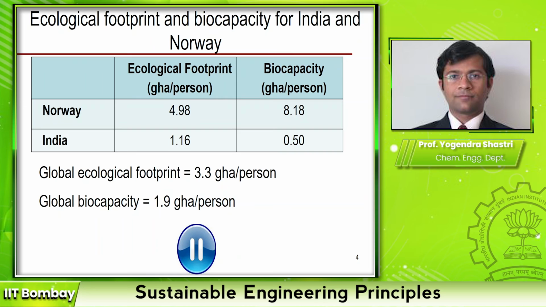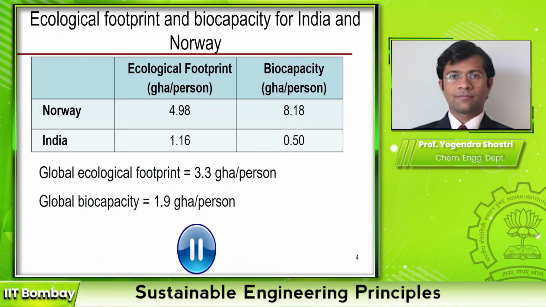And it's the reverse for Norway. Just a little while ago, I made an argument that citizens in Norway have a much higher ecological footprint than the global average, and therefore they need to reduce. But their biocapacity is also very high. In fact, the biocapacity is almost twice that of the ecological footprint. So as a nation, people in Norway are very sustainable because their ecological footprint is much lower than their biocapacity.